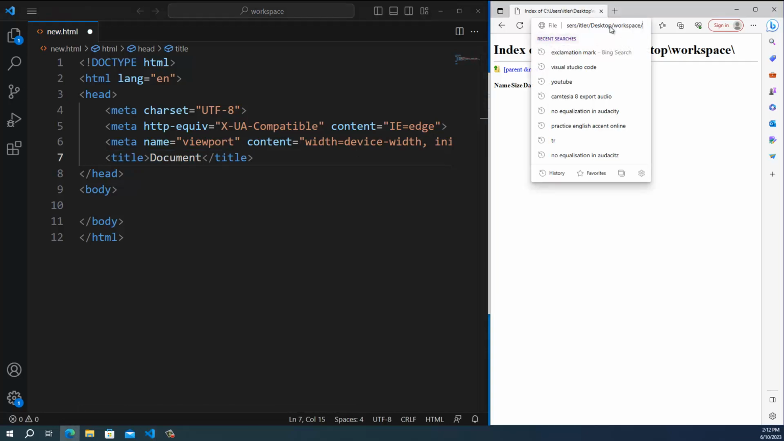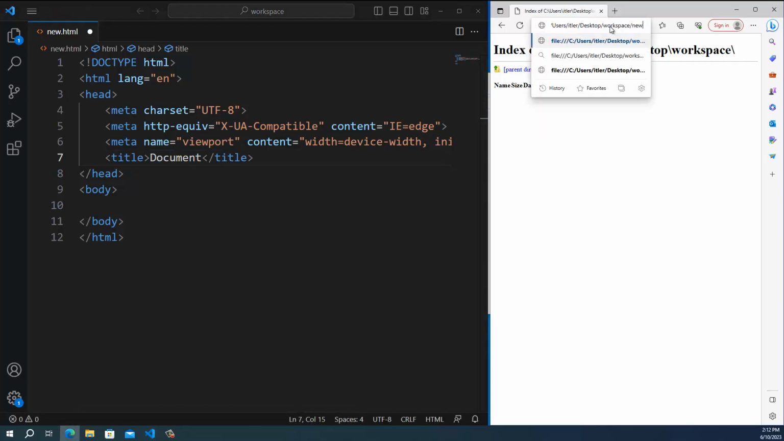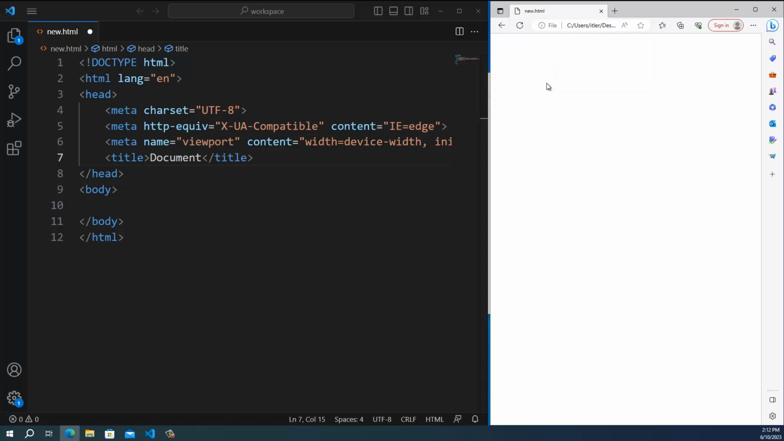Now I will open it in the browser, new.html. I have the same path and then the name of the file. Sorry, I forgot to save it. Save and refresh. I have the same title on the browser tab, document. The document is empty now because the body is the element which is responsible for all the content inside the